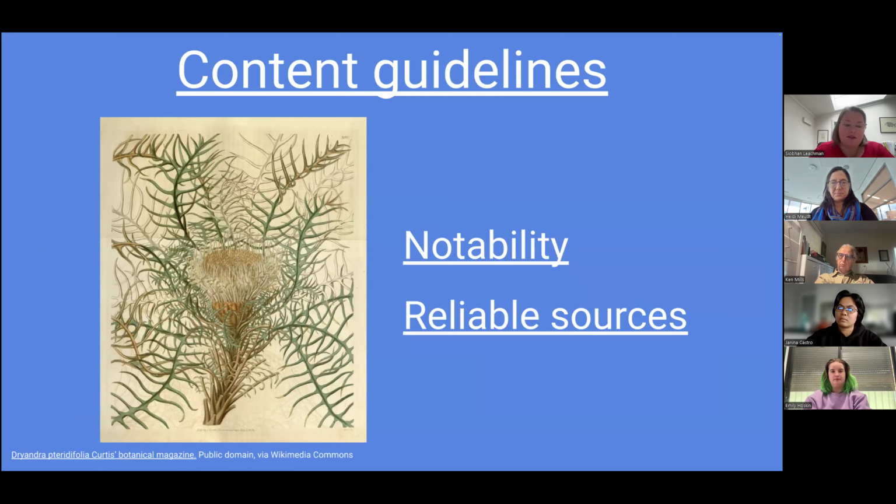The first is the Wikipedia notability criteria. Articles should only be created for notable topics. And topics are notable for the purposes of Wikipedia if they're covered by significant reliable sources. Now, if a topic does not have significant coverage in reliable sources, it is not notable for the purposes of